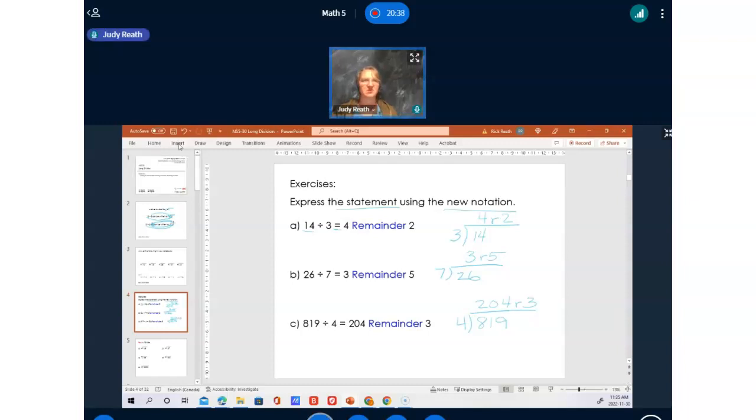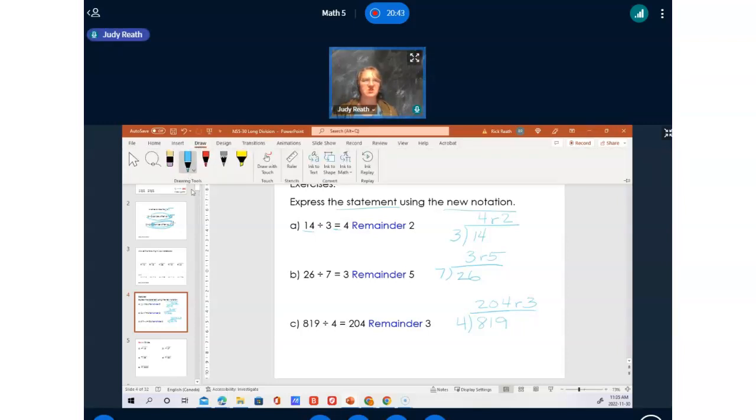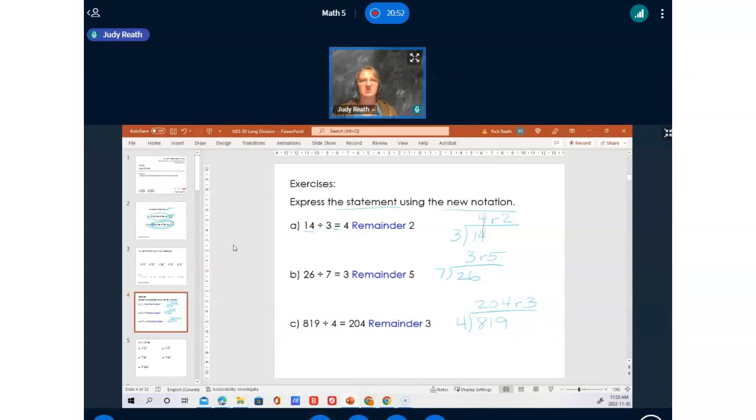Now I'm going to point something else out here. Sorry, wrong thing. I'm going to change colors for a minute. I change to red. And I want to point out how I lined these up. Right here, and right here. Make sure when you're using this frame, or the house, that you line up your division properly. So for this one, for example, if I did 14 divided by 3 is 4, remainder 2, like